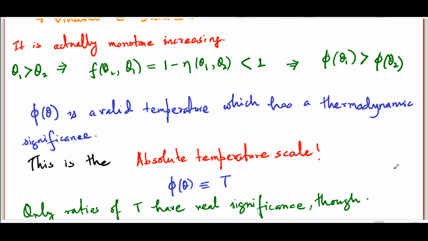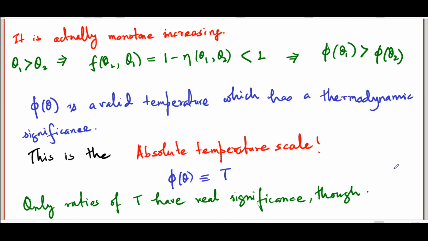Now notice that in the definition we only got the ratios of phi theta 2 by phi theta 1. And so only ratios of this T have real significance. That's also easy enough to understand. After all, when we defined phi of theta, we chose an arbitrary theta 0 as the first argument of f and defined phi of theta to be f of theta 0 comma theta. It's very easy to figure out that if we were to change theta 0 to say theta 0 prime, the phi of theta will change to another number which is essentially in the same ratio as the original phi thetas. So only the ratio has real significance.